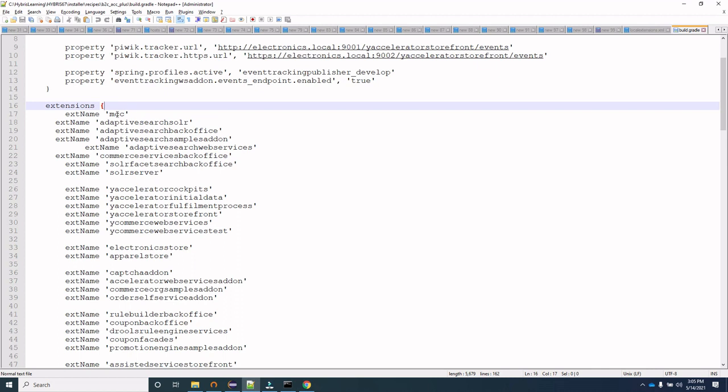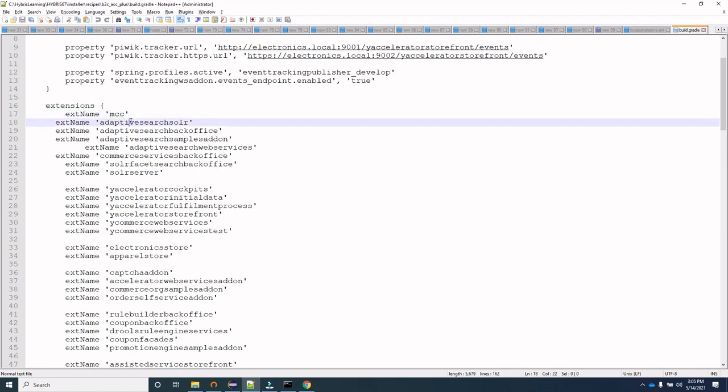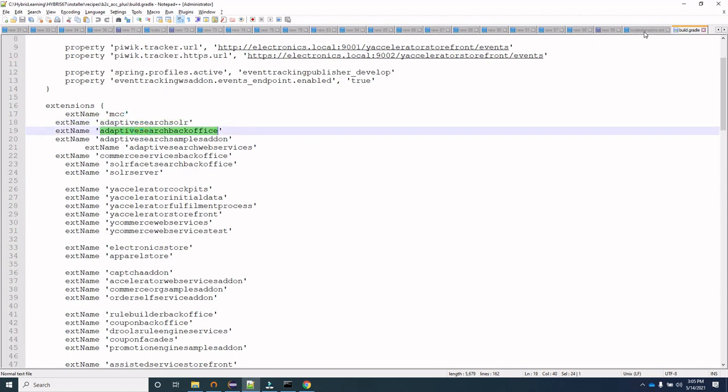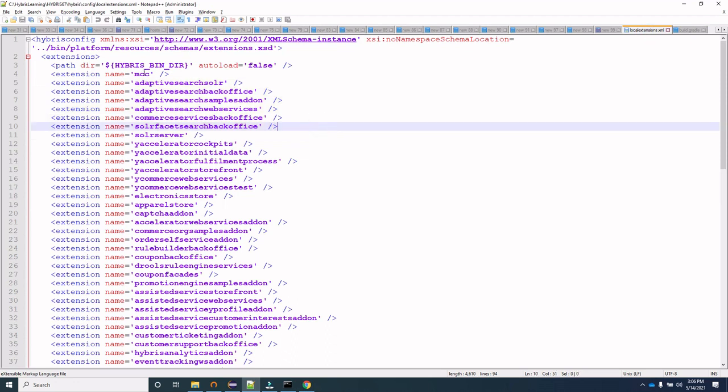For instance, the names are MCC, adaptive search, adaptive search back office, and if you compare with the local extensions, in the same order it is presented in localextensions.xml, right?